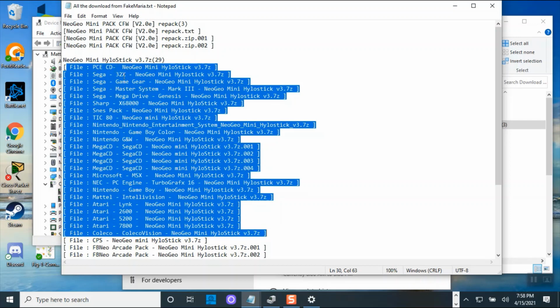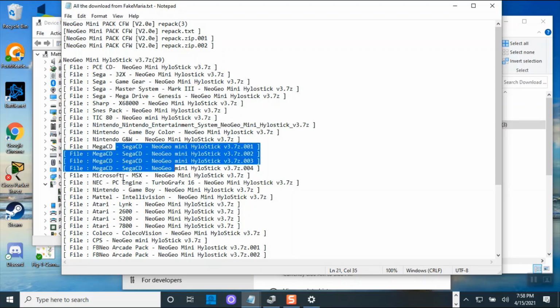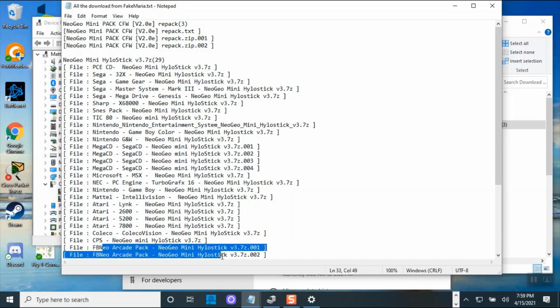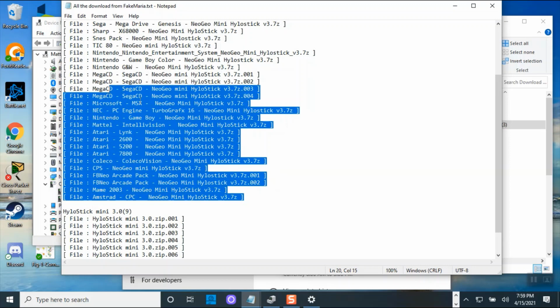PCECD, Sega 32, Game Gear, Master System, Mega Drive, Sharp, Super NES, Intel, I think this is the Texas Instrument 80, Nintendo, Nintendo Game Boy Color, Nintendo Game Watch, Sega CD, there's 3 of them, Microsoft MSX, PC Engine Turbo 16, Game Boy, Intel Vision, Atari Lynx, 26, 52, 78, ColecoVision, and CPS, and final burnout pack 1, 2, and then NeoGeo, of course, for running in MAME, and then the Armstrong. So it has 25 different consoles here,